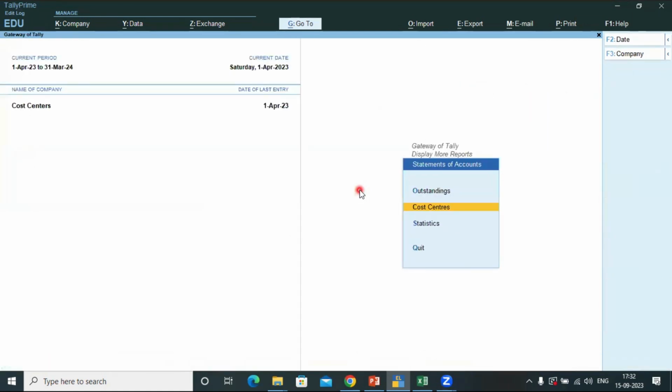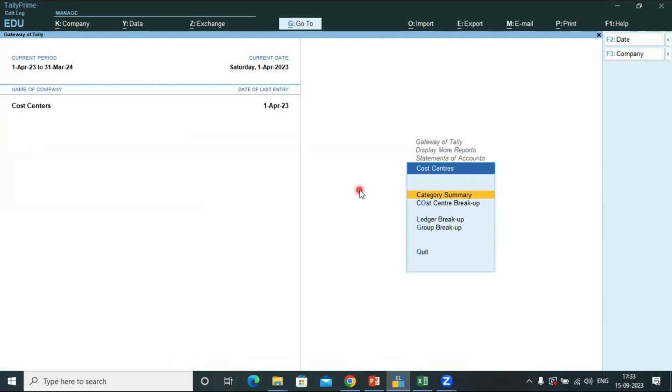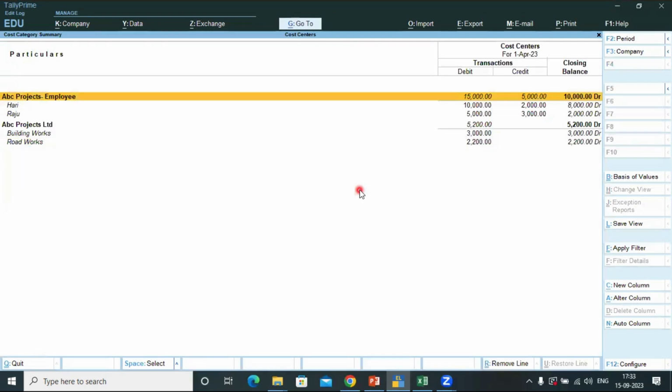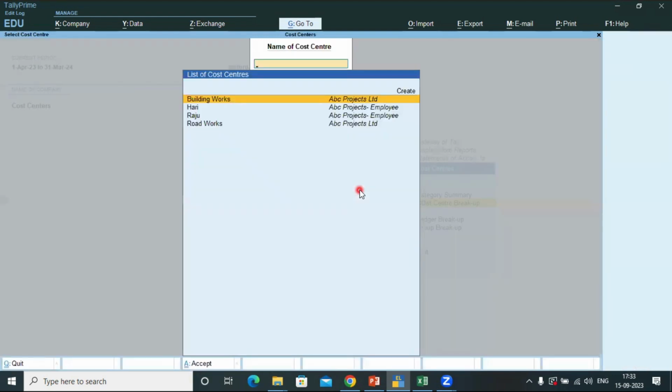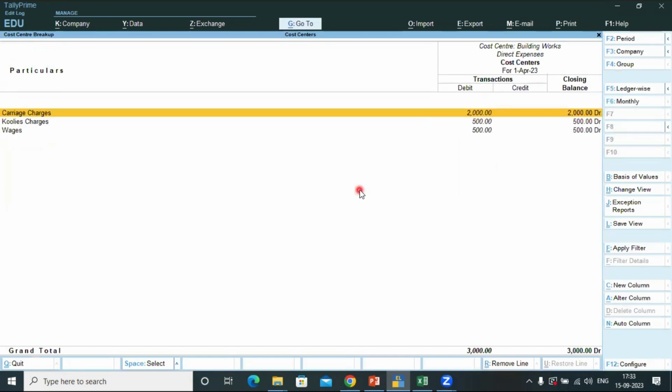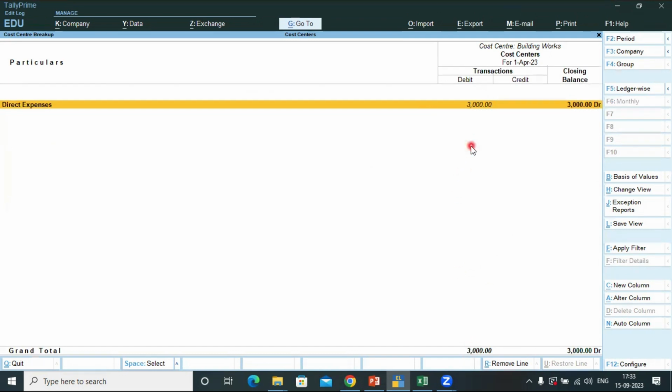So how to create the cost center? I think you know that. So you want to see cost centers again. See here, cost center breakup. Suppose you want to see the individual breakup. The above result is a mixed result, that means all together, a complete report. So if you want to see only one center's details, select the second one, cost center breakup. Which breakup do you want to see? Just select the one center here. Again press enter. The same thing is displayed. In total we have spent 3,000, and that 3,000, how we are spending the money. Okay, and next